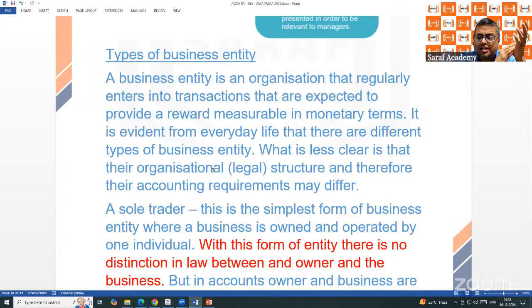For a sole proprietorship, the preparation of accounts, recording and summarizing is one way. For a company, it is different. For a sole proprietor, the volume of transactions is less. For a company, the volume is very large. For a sole proprietorship, generally so many rules and regulations are not there. But for large companies and corporates, so many rules and regulations are there. So depending upon the business entity, the financial accounting rules differ; management accounting has no rules. But financial accounting rules depend upon the type of organization.